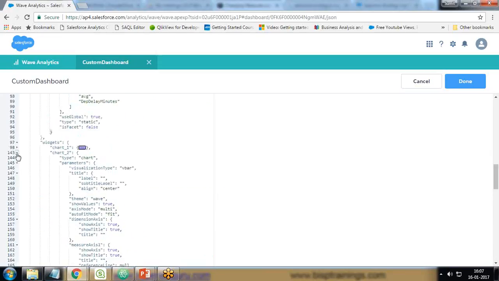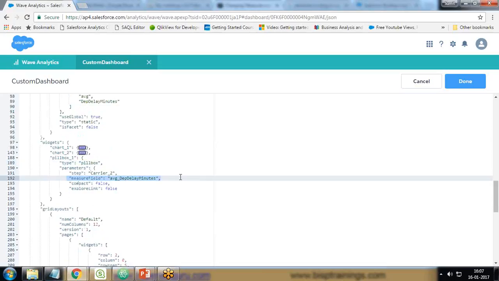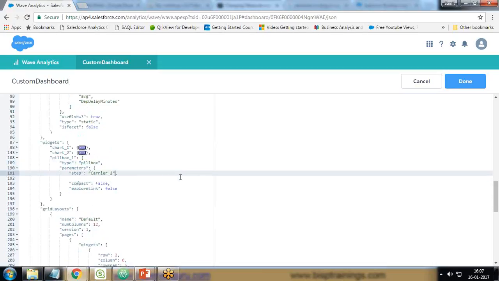Now next is we have to bind this toggle selector with the widget. Basically we have to bind it with our pile box. So we have pile box, and first of all I remove this measure field, and instead of carrier 2 step, the step will be toggle underscore selector. Compact is equal to false and link type is equal. Let's test this much first. So I'll just click on done,